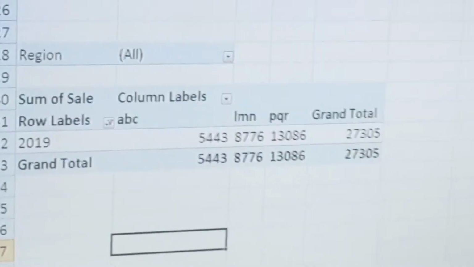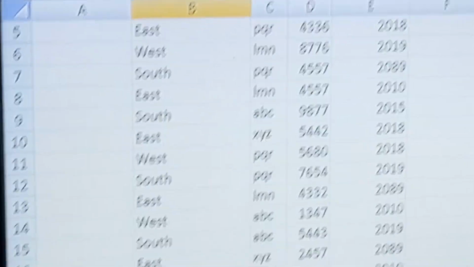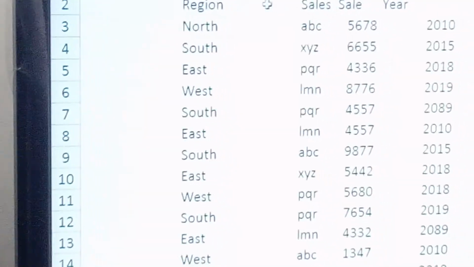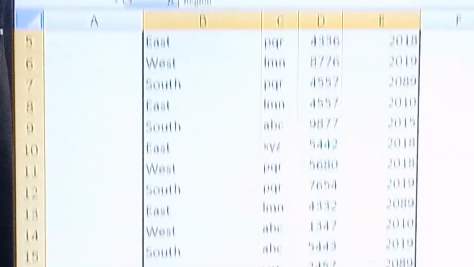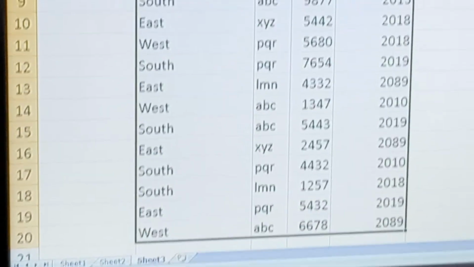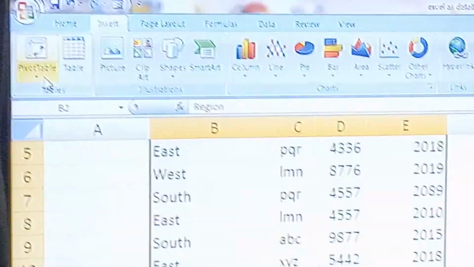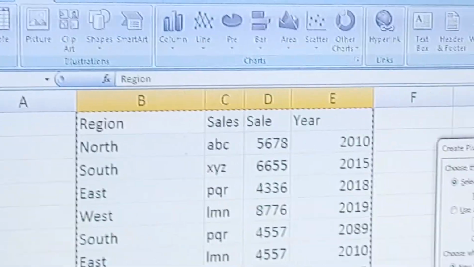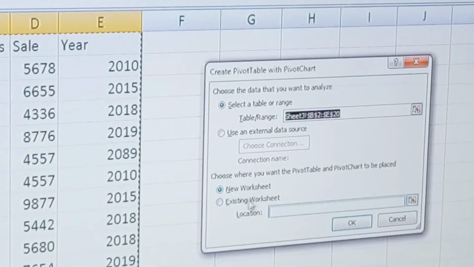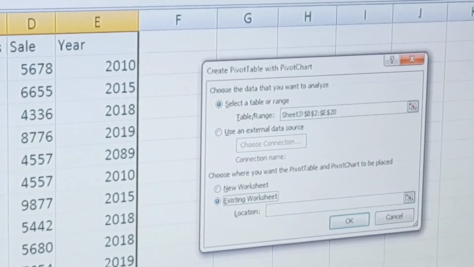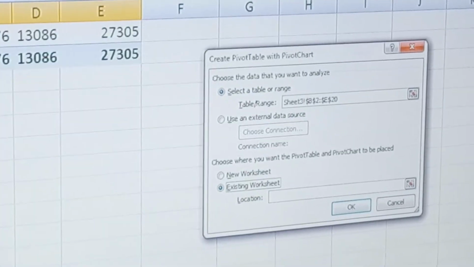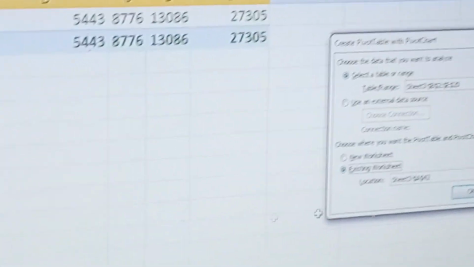Now if you want to create a pivot graph, then again you select it and go to Insert, and in the Tables group there is PivotTable. Select PivotChart. The range is here. Suppose I want the existing worksheet. Suppose it is here.